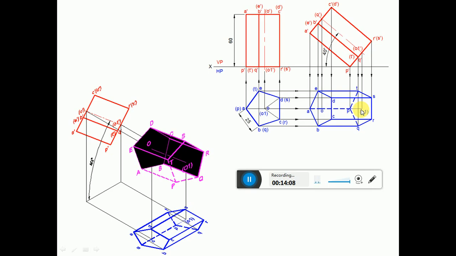So this is how it works: since ABCDE is near to the observer and ABCD is visible, and O is on that surface, which you can see clearly in this, O is a visible point. Similarly, a portion of PQ, RST, PQ and PT are invisible, so O1 becomes invisible. So that is the reason why O1 is in brackets. So this is how we are able to complete the second position top view, including both visible and invisible edges.